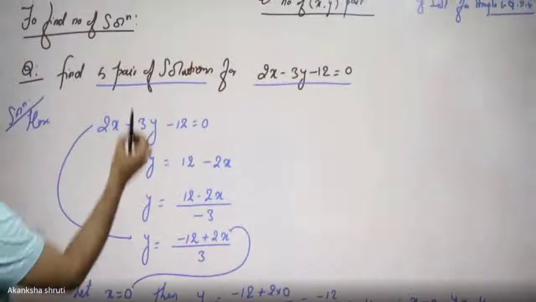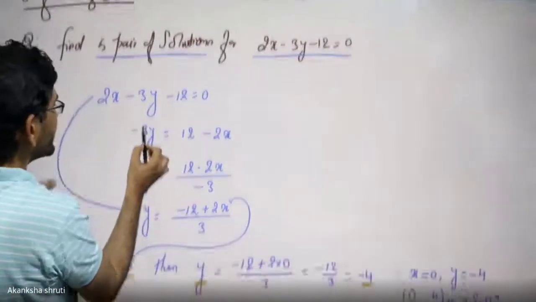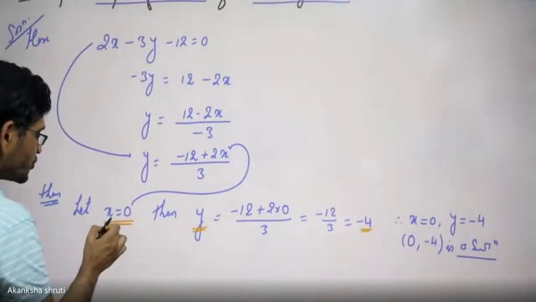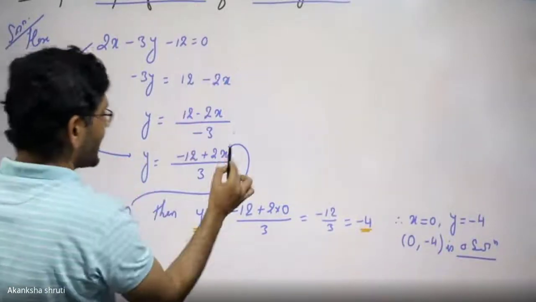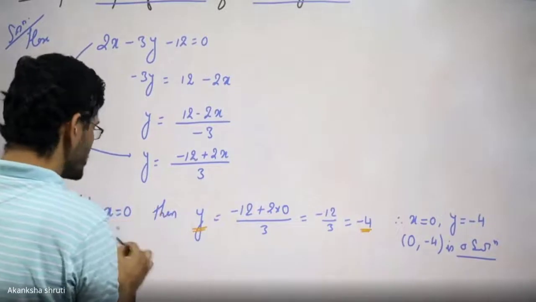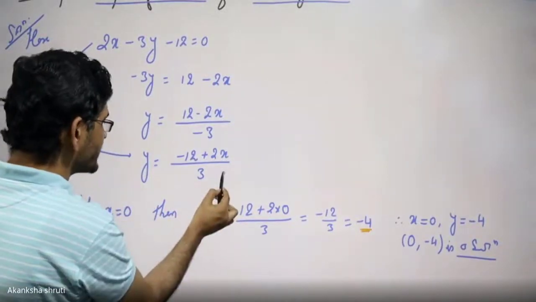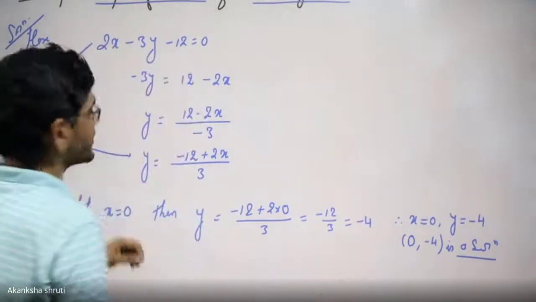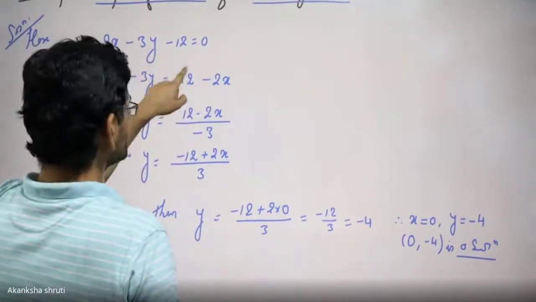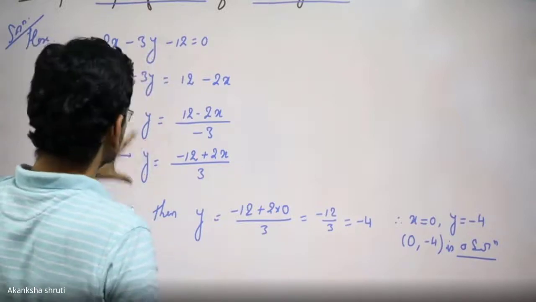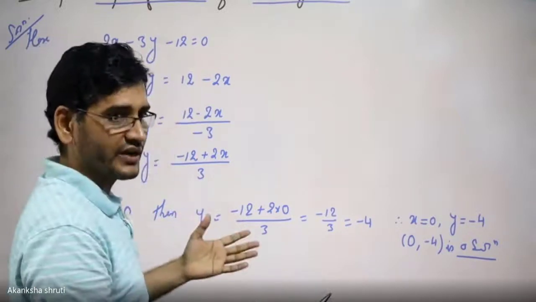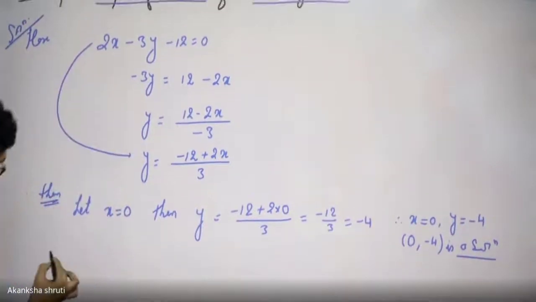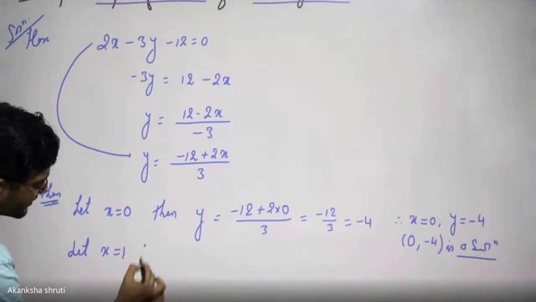Understand it once again. Take the equation, rearrange the equation for y, then choose the value of x and substitute in this rearranged equation for calculating the y quickly. Or even, student, you are free to choose x and y here also, but rearranging it becomes more convenient. That is the concept. Students, we may choose x equals 1, then.